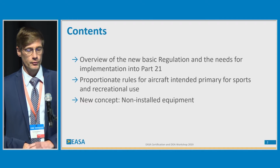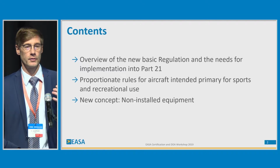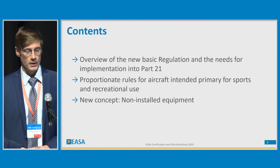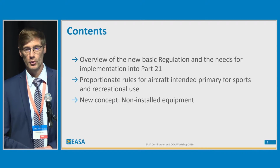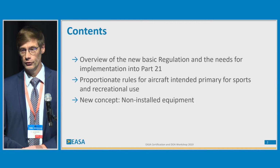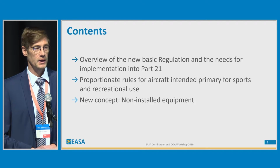So I would like to give you first an overview of the new basic regulation and the need. Why do we need to change something in Part 21? And then my colleagues will introduce to you the idea of introducing in Part 21 proportionate rules for aircraft intended primarily for sports and recreational use, why we are doing that, and the concept that we currently have in mind